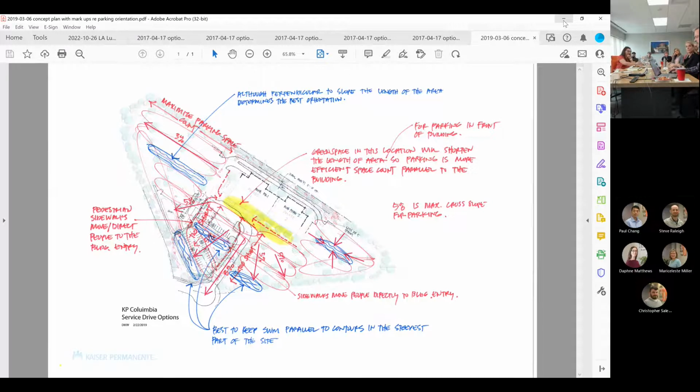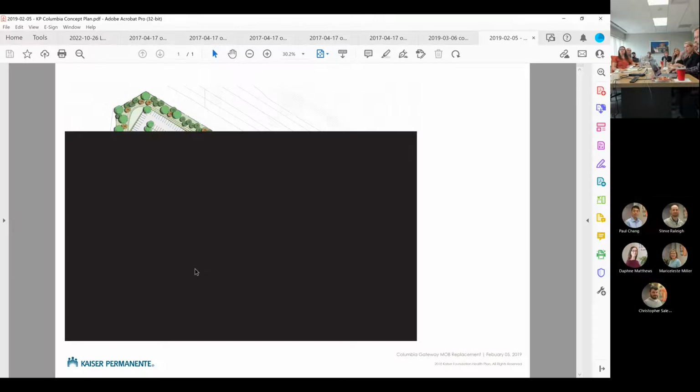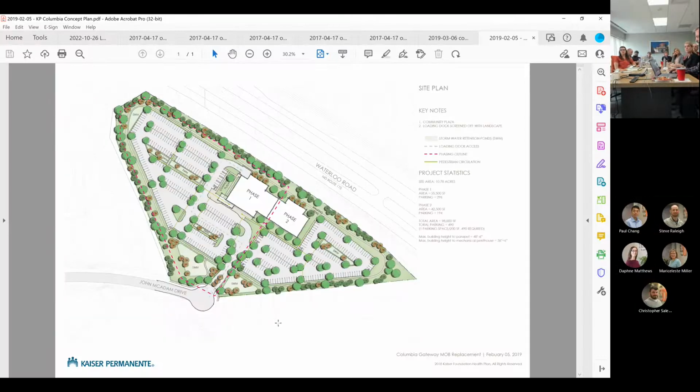And this was an example of the end result that we came up with. The red line represents an initial phase that KP wanted to do, and then the second phase with the amount of parking. And just in addition, this is in Howard County. Howard County had certain landscape